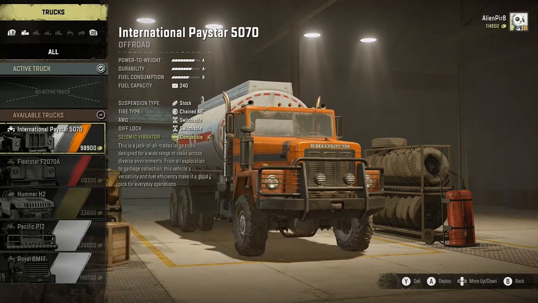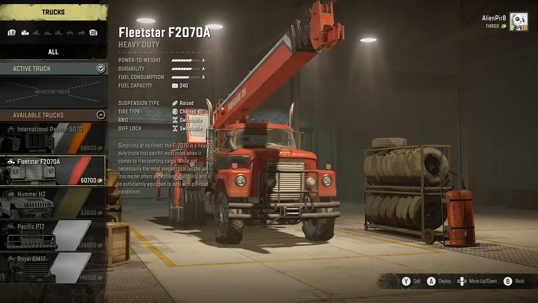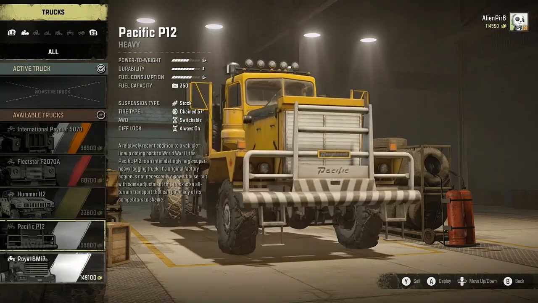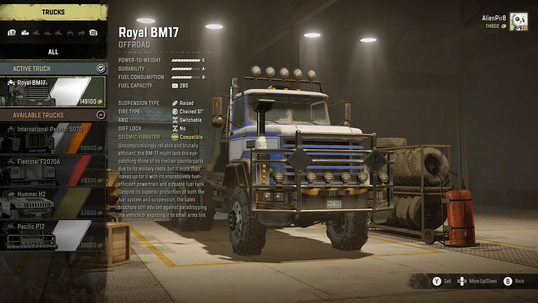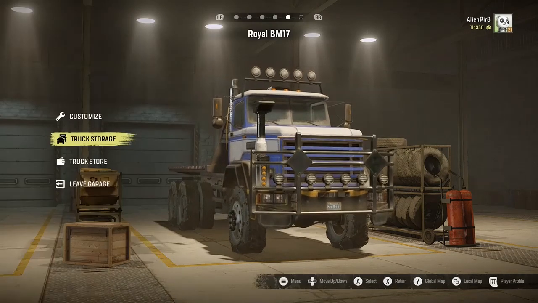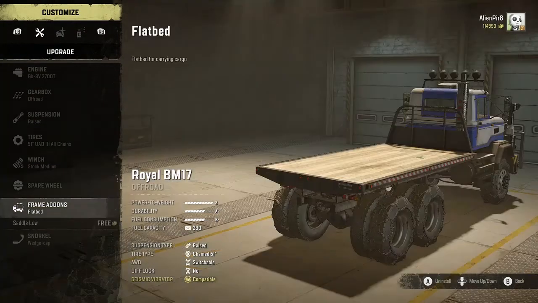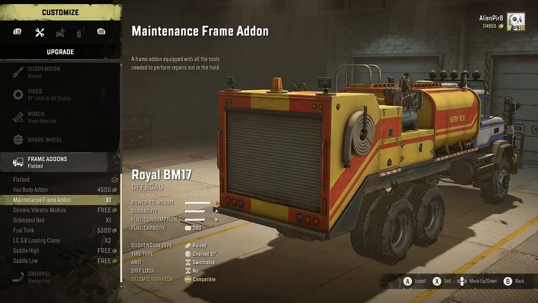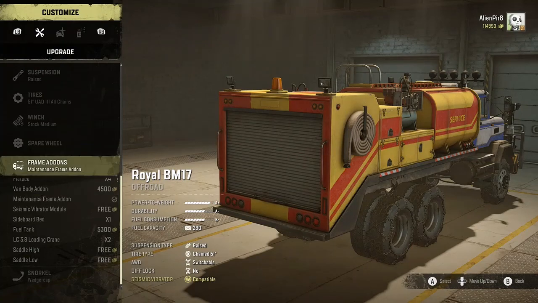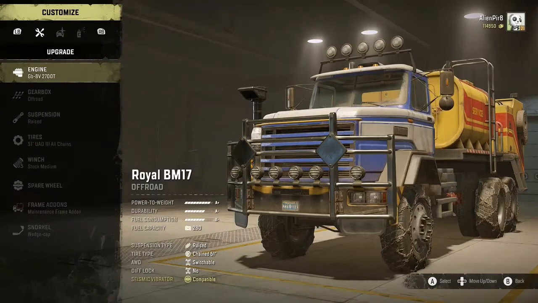Truck storage. I really don't want to take that one out. Paystar just isn't living up to anything right now. I guess I could try that one. Customize it and, excuse me, put a... yeah, I have one of those laying around. So